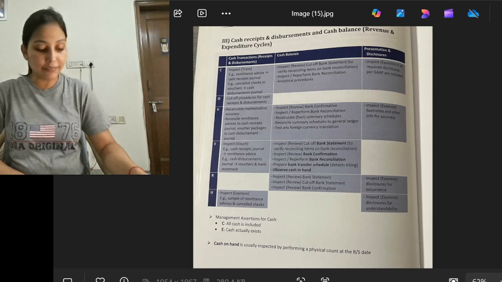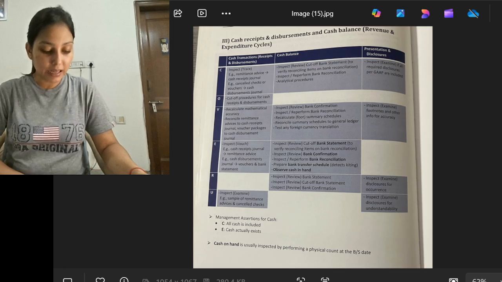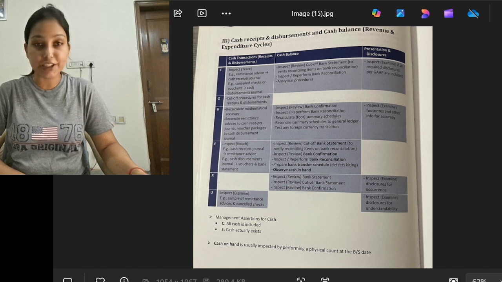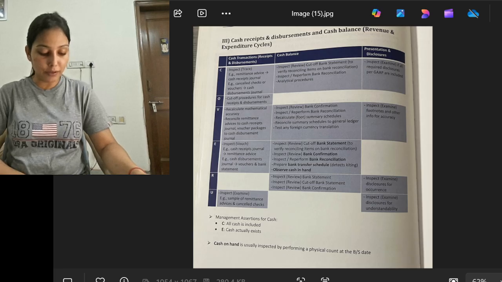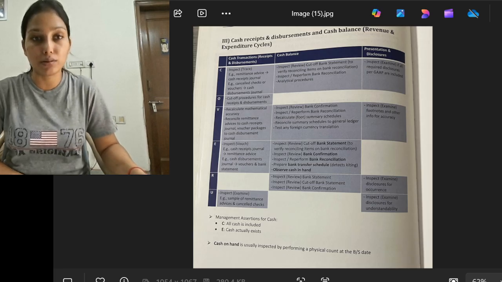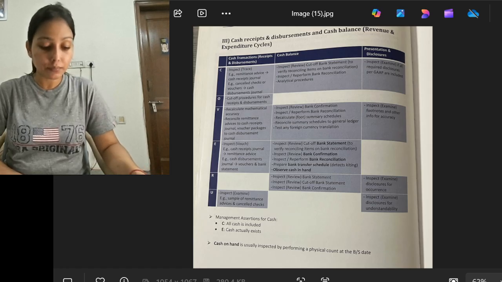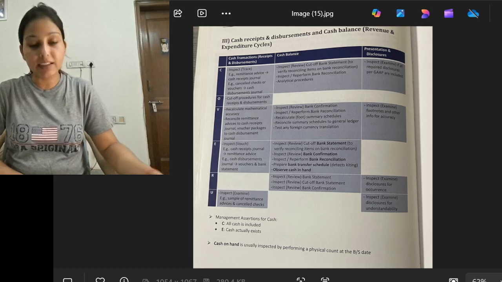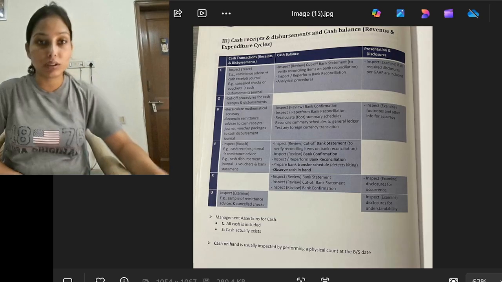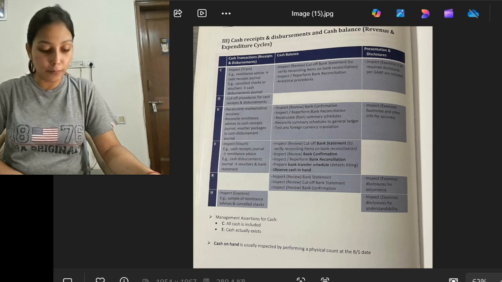Reconciliation of the remittance advice to the cash receipt journal voucher packages is done. Inspection is done of the cash journals, remittance, and cash disbursement journals are checked, and inspection of a sample of the remittance advice and cancelled checks is also performed. Similarly, for the cash balance at the year end, review of the cutoff bank statement is done to verify the reconciling items on the bank reconciliation statement, and analytical procedures are performed.